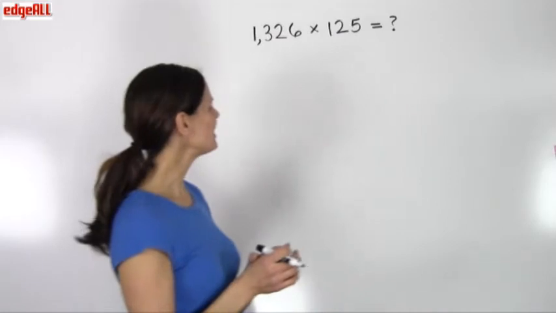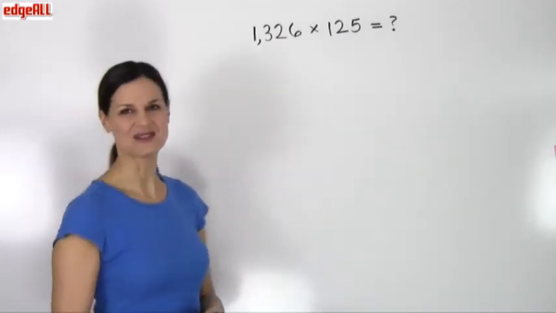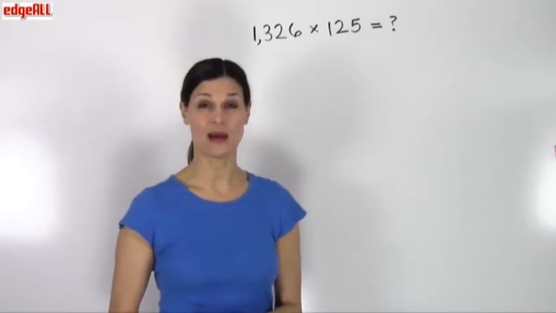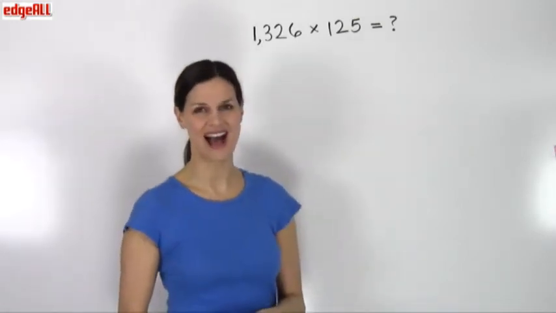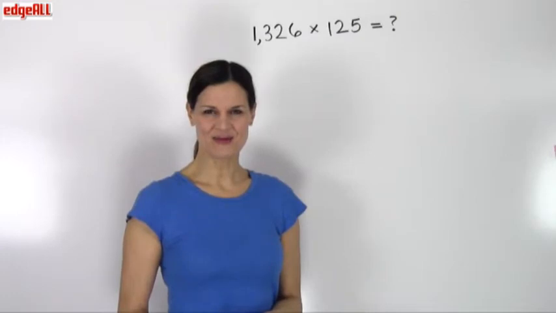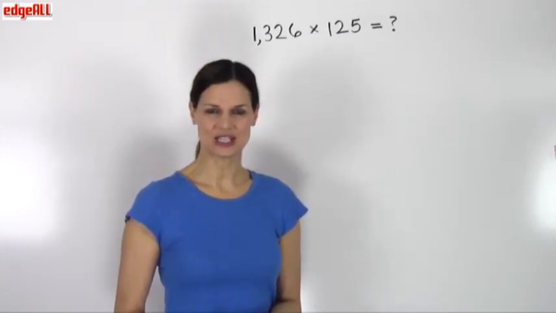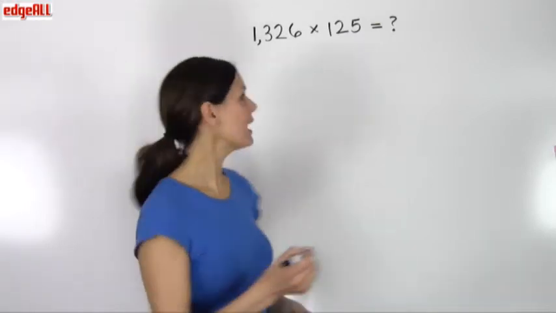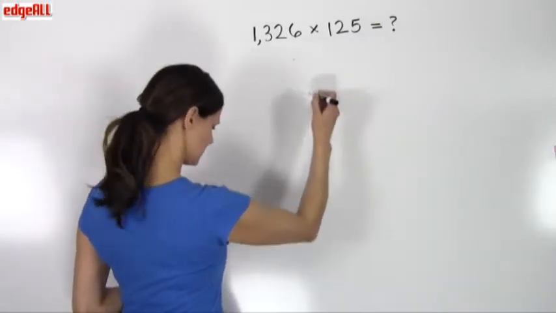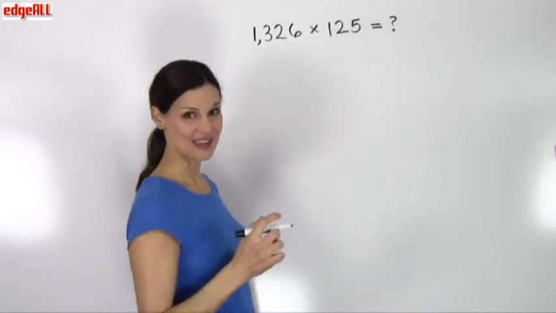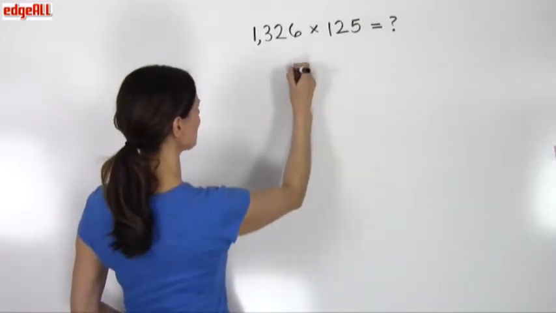So I have a problem here behind me, 1,326, and I want to multiply that by 125. So I've got a lot of work ahead of me. Let's begin by stacking these numbers vertically. So I'm going to start with my 1,000. I'm going to leave myself a little bit of room for my regrouping and carrying. So I'm going to start with the